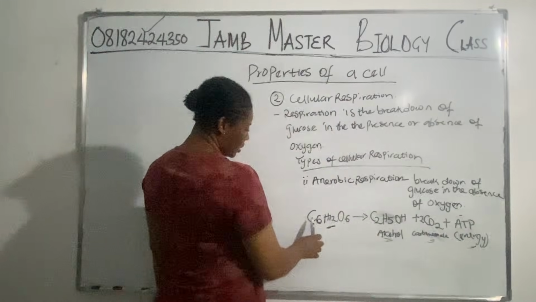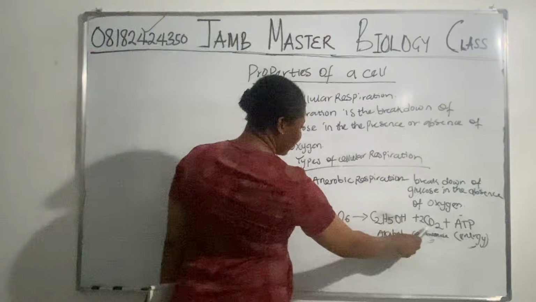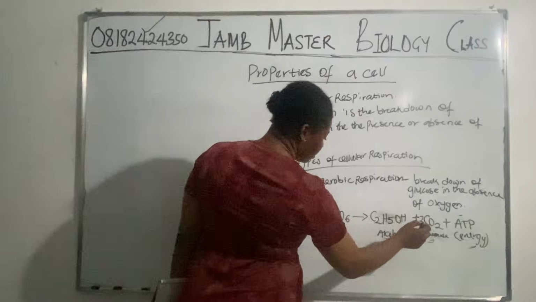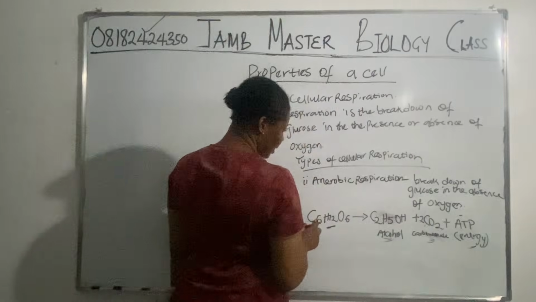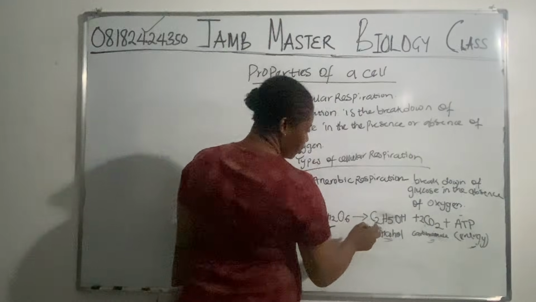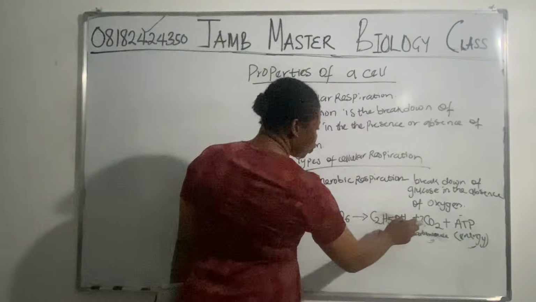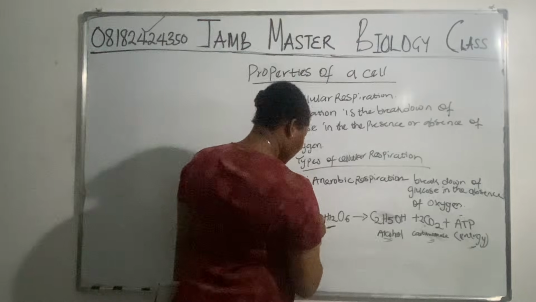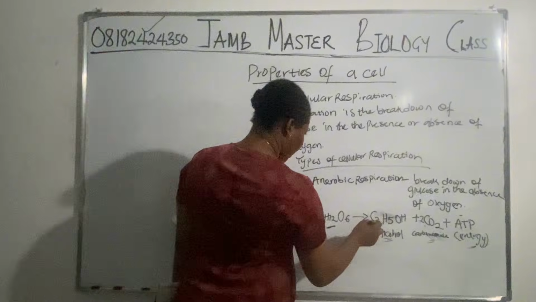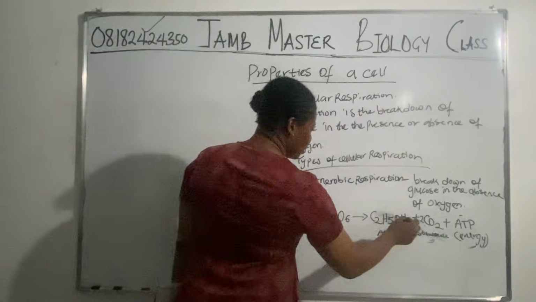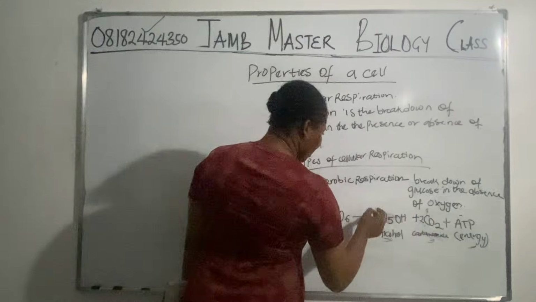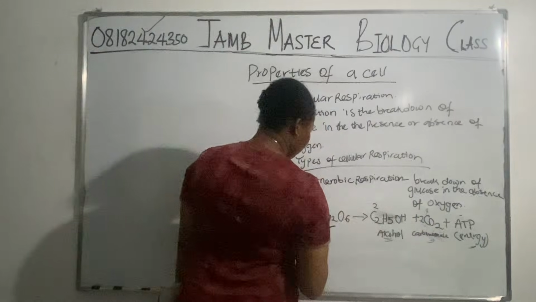So now let's look at this. We have 4 carbon atoms here. Let's balance carbon. Carbon is 6 here, right? 6 carbon here. We have 2 here. That means 4 is remaining. So for carbon here, we have 2 times 2. This is C6. So we have 2 here, right? So 2 times 2 is 4. Then here is 2. So 2 plus 4 is 6. Carbon is balanced.